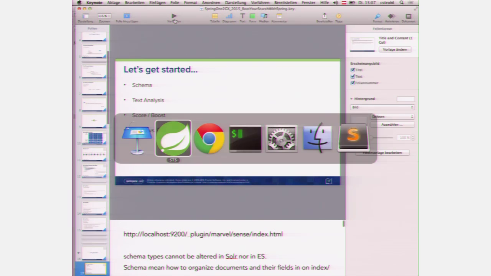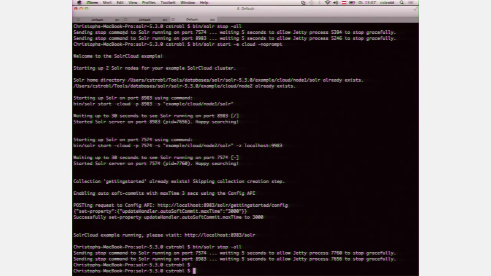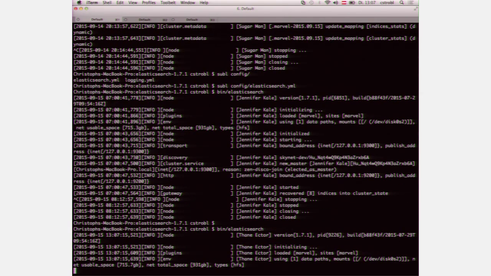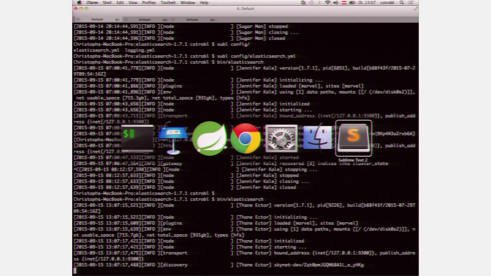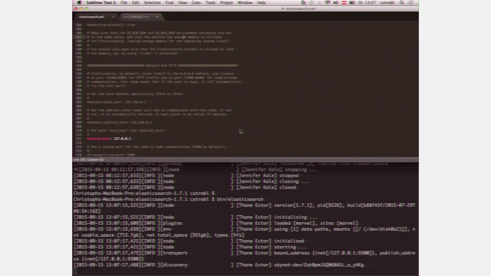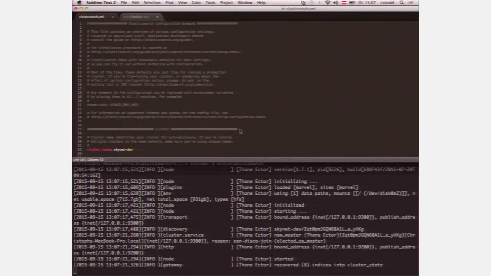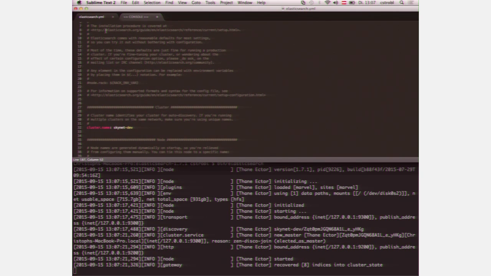Okay, so let me just quickly step out of here and fire up an Elasticsearch instance. Okay, this may take a second or so. So I'm using a single node Elasticsearch for this demo, and I wanted to show you just a little bit of the Elasticsearch configuration. So what we basically have here is the Elasticsearch YAML that's in the configuration directory of your Elasticsearch distribution. And what I did here is basically define a cluster name, because Elasticsearch has the capability to